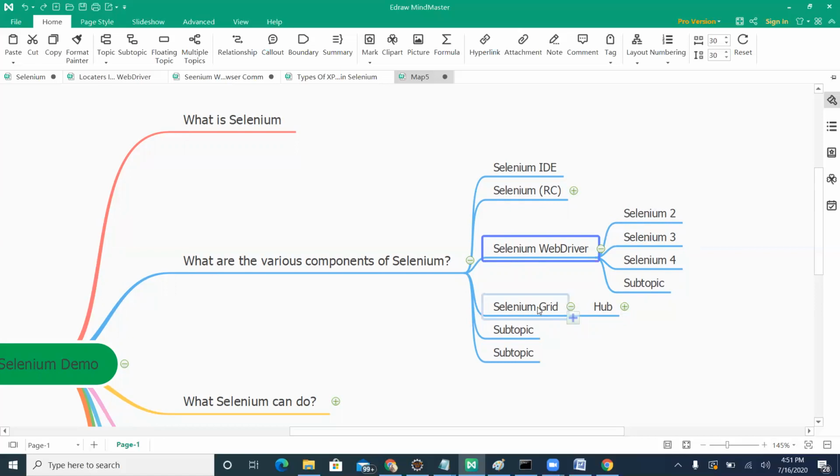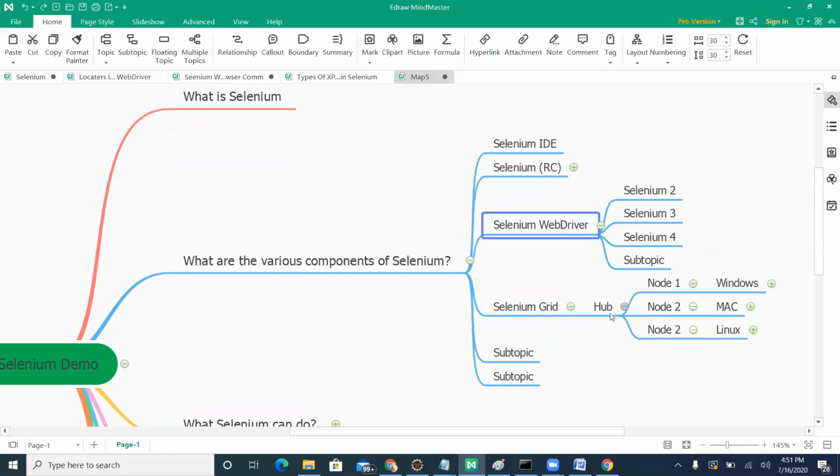We'll discuss more when we come to Selenium Grid. I just wanted to give you an overview of this, and it works based on the hub and node concept. The hub will be one system, and the node is where you want to execute.